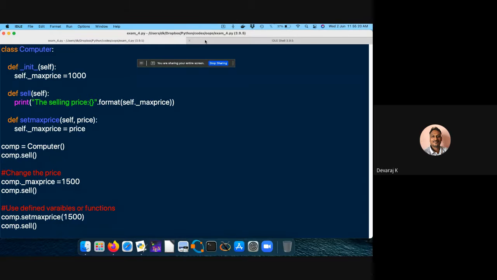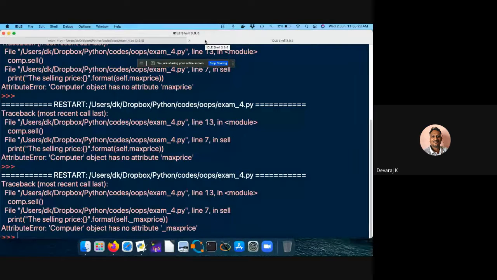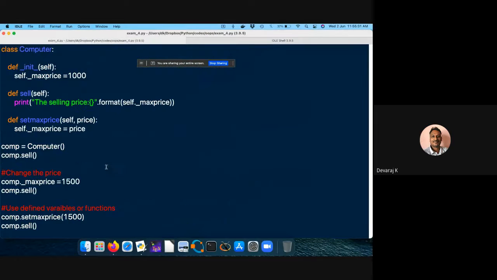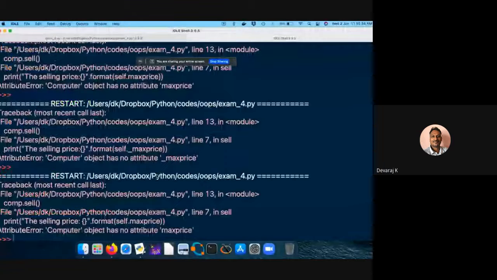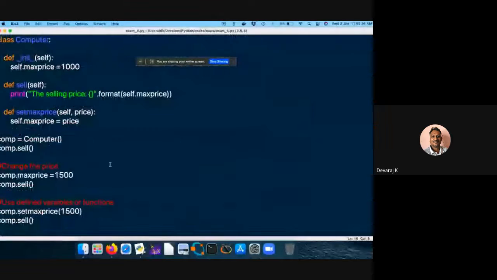What it is telling, the most written call this the comp.sell the max price. Self dot max price. So if I make everything public, it should be able to run. Today a couple of codes are not running. I don't know what's happening. So most of the codes actually were running.